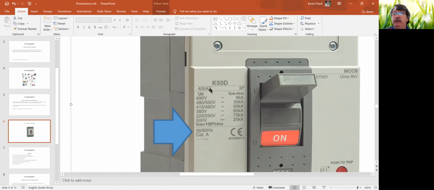So this particular breaker could be anything up to 400 amps, 3-pole. You do get 4-pole, but you get 3-pole in this case. And ICS equals ICU. Now this in itself needs to be explained a little. ICS is typically all these service type level arrangements, which are slightly more than ICU. So normally speaking in the electrical industry, we are talking about ICU, the ultimate breaking capacity, ultimate being 2 operational